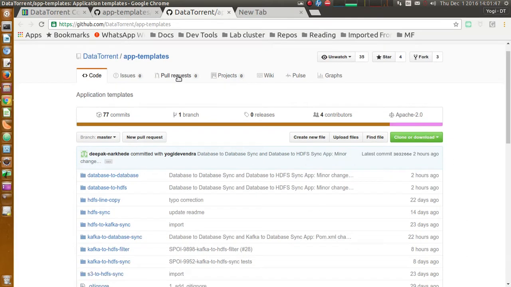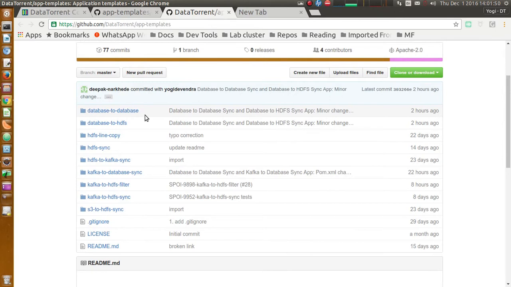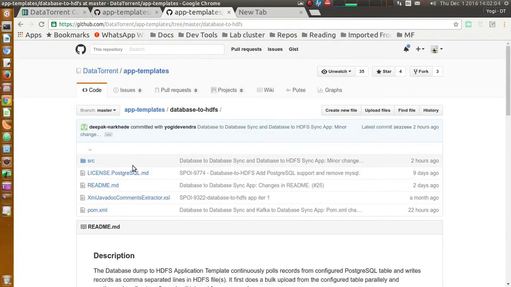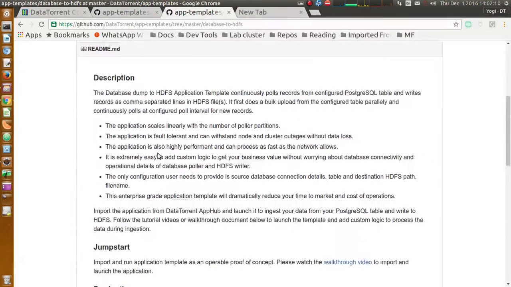This repository lists source code for all the app templates hosted on DataTorrent App Hub. For now, we are interested in the database to HDFS app template, so we will refer to this source code in this video.